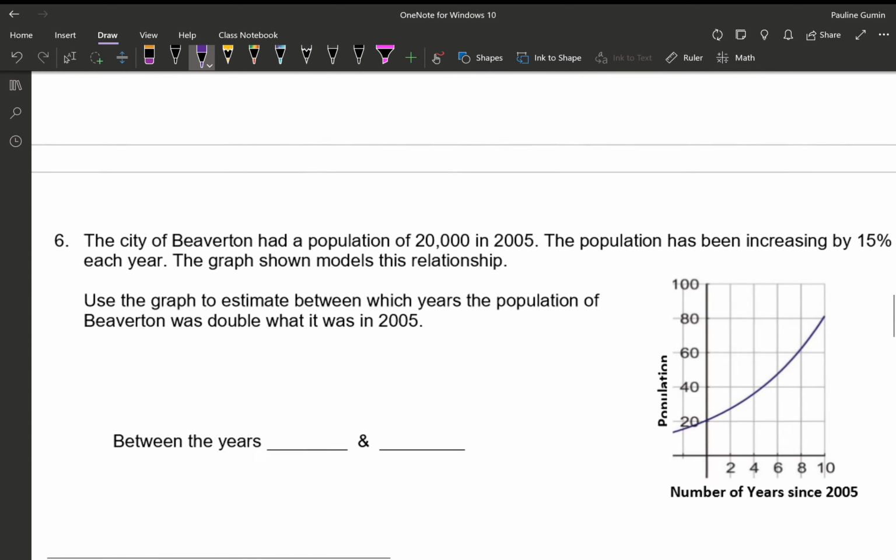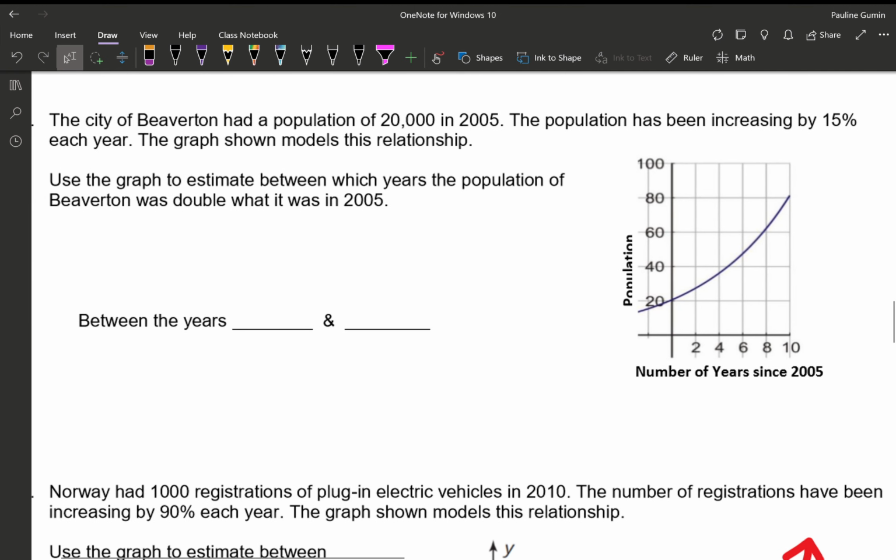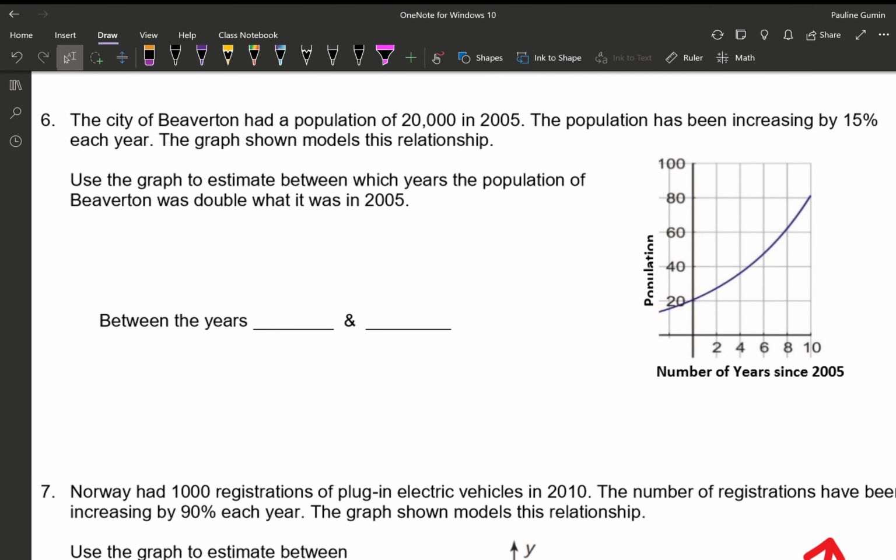All right, number 6. The city of Beaverton has a population of 20,000 in 2005, but the population is decreasing by 15% each year. Let's use the graph to estimate when the population will double. All right, first of all, let's double our population. So times 2,